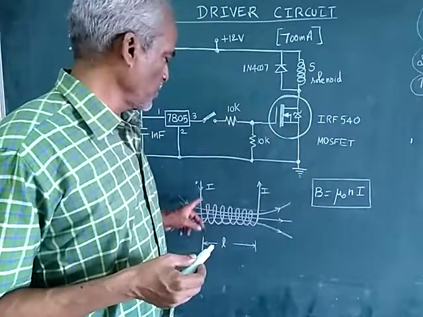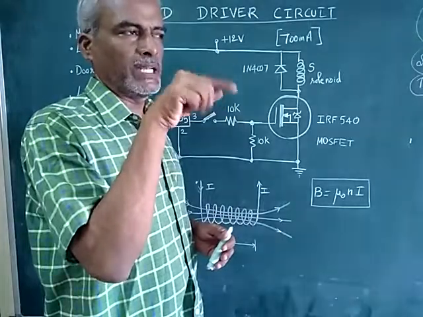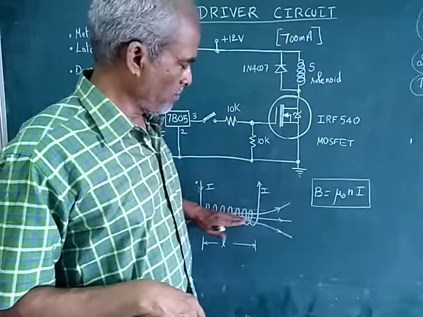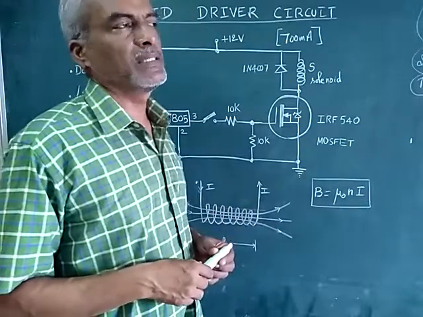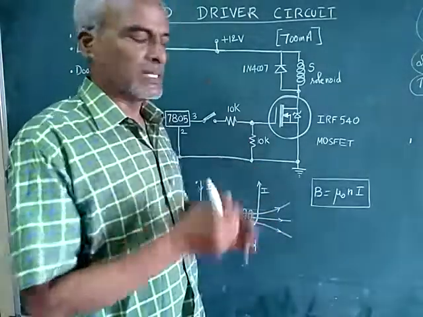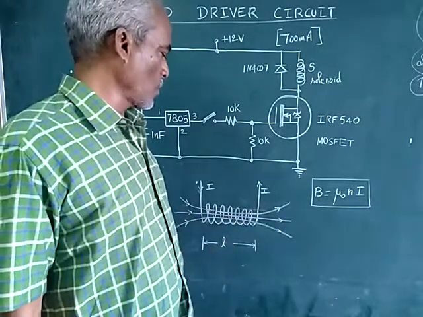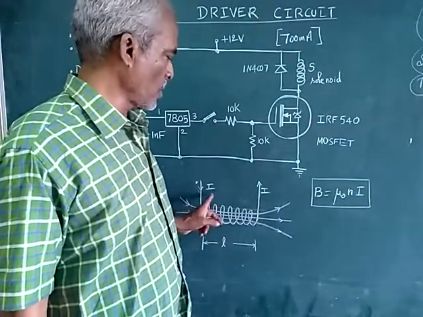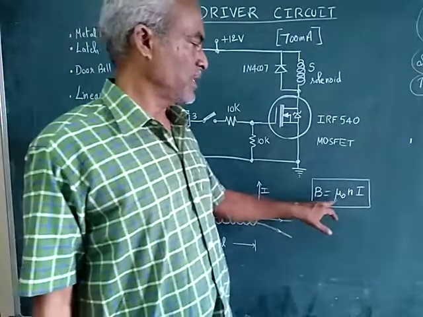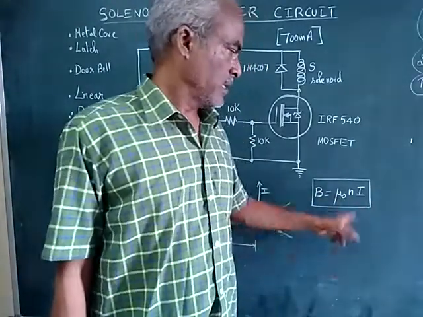So for solenoid, this is the current flowing in a circular path. The windings are circular and come out like this. So now at the center of the coil you can experience the effect of a magnet. That is, magnetic field is centered around the circle. This side is north pole, this is south pole. This is the length of the coil, and the current flowing through the coil is I. So the magnetic flux density B is equal to mu naught N I. Mu naught is constant, N is number of turns.